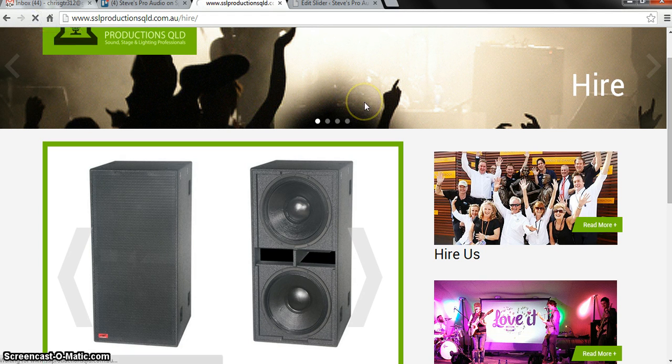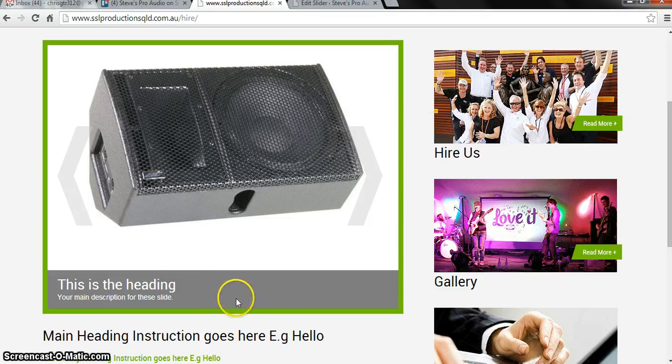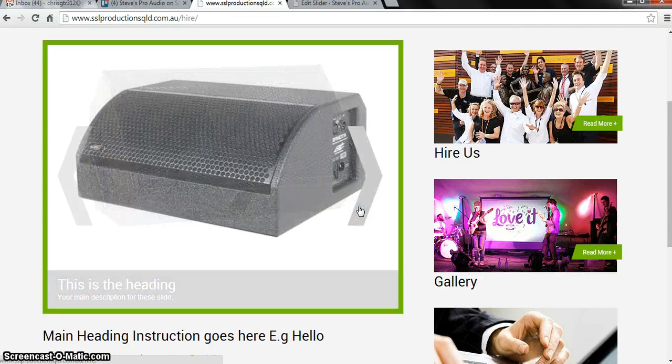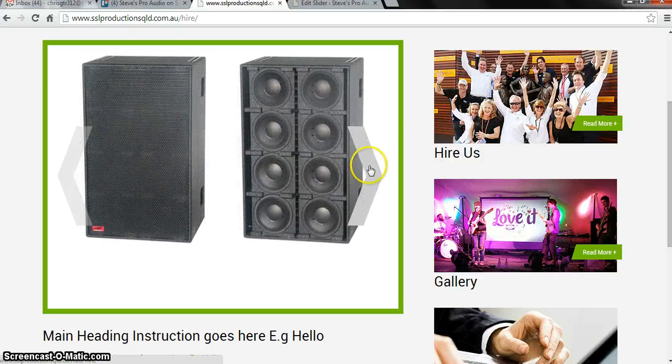Okay. So as you can see, we already have this setting for the first slide, the main description. As you can see, the other three slides don't have a description yet.